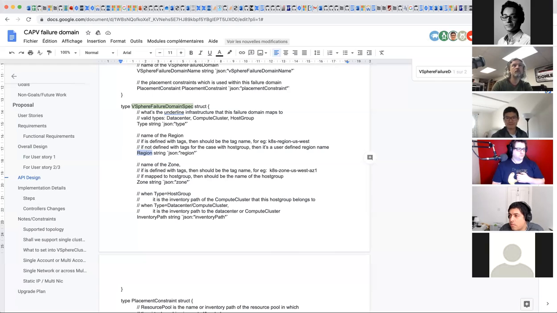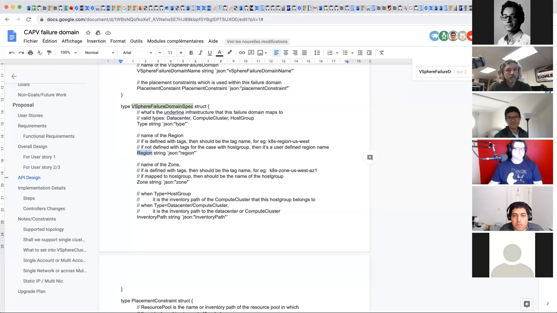So the host group still represents the failure domain, which we agree is still the admin's responsibility. At the same time, CapV can configure the VM group and the affinity rules, which will not only be used by the failure domain ourselves, but maybe potentially by other features in the future. So that is the decision that we have.